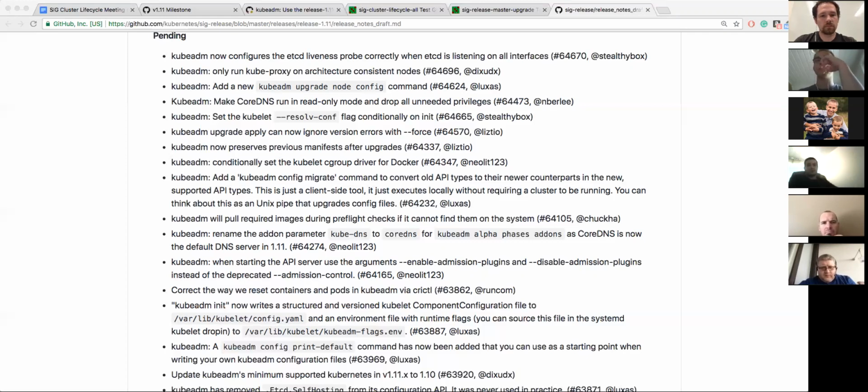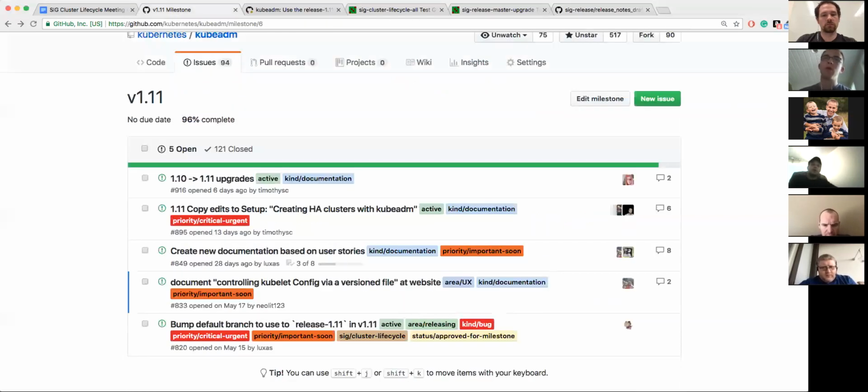So maybe we should copy this to the Google Docs and start editing there? Okay. And we can just do a PR from the edit there for our subsection? Yeah, okay. And as Neil said, we can just copy the raw markdown, so then we don't have to care about formatting. Yeah. Do you want to take point on this? We should probably open up an issue with release notes here. Yeah, we should, please. I can do it.